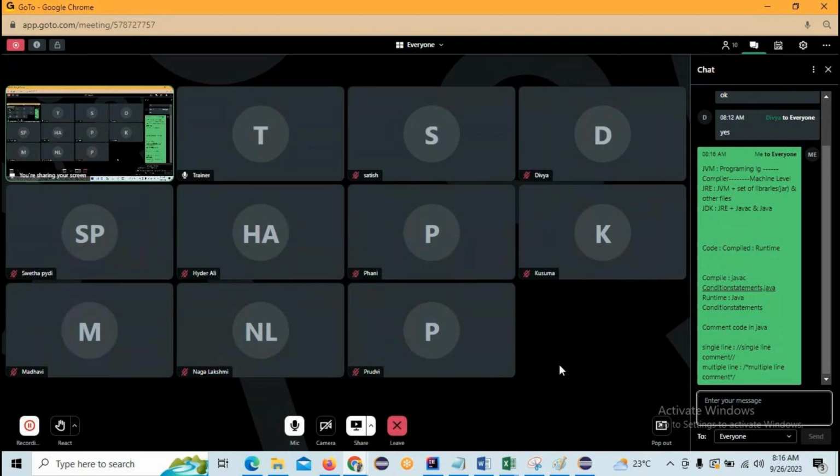May I know who are the students who joined newly for Selenium? Please raise your hands. There is a hand icon to react on the bottom left. Divya, Nagalakshmi, and the remaining are all old students. Prithvi, are you a new student, or from manual?